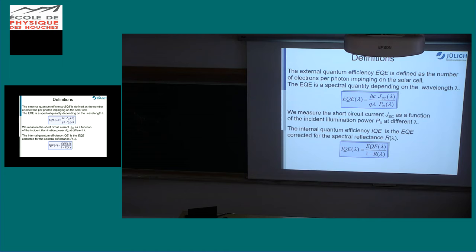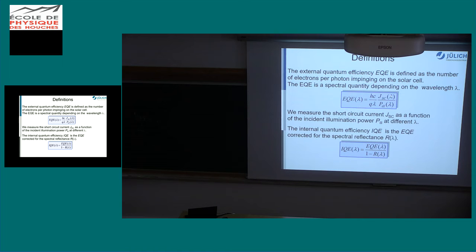As in the Shockley-Queisser limit, we're still assuming that there cannot be more than one electron hole pair per photon, so the external quantum efficiency can only be unity in the best case, but in most cases will be lower, and you just measure it